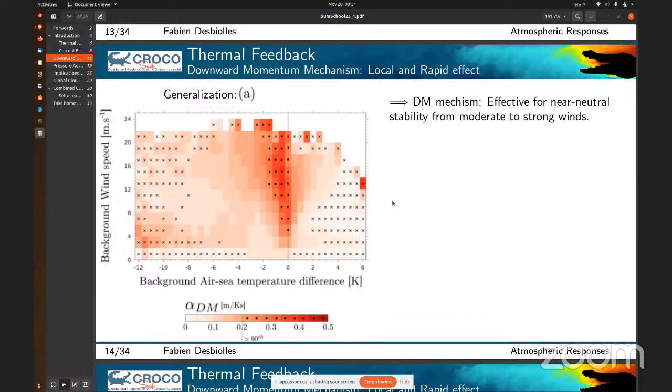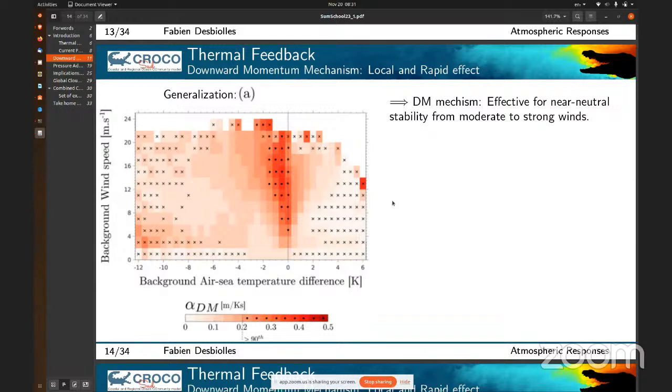But here, what we can see is that the downward momentum mixing is actually effective for near neutral stability from moderate to strong winds. So now we can ask where those conditions happen